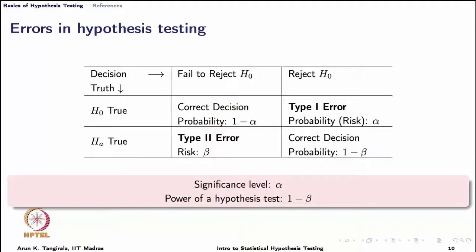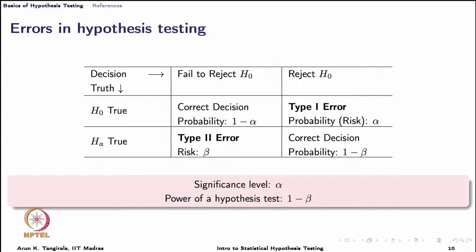The other type of risk that we encounter is in the second case when the alternate hypothesis is true, that means H naught is false. And if we do not reject null hypothesis, this is the case when the person is indeed guilty and the judge acquits this person. That is also a risk, and we know why, because this person can actually go and create havoc again or commit crimes again. This risk is called type 2 error and we denote this as beta.